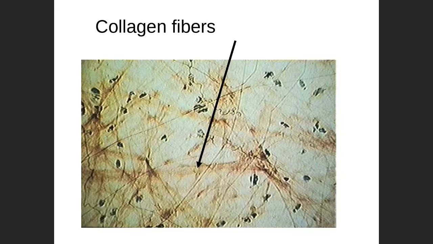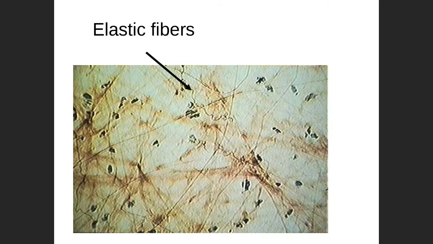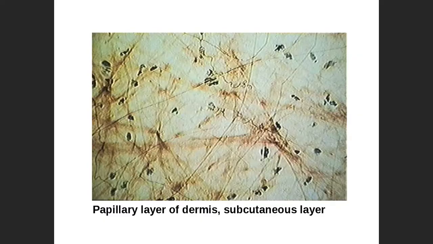On this next slide, you can see the arrow pointing to the collagen fiber, a much bigger protein fiber compared to this smaller one, the elastic fiber. Elastic fibers are stretchy, obviously, because they're elastic, and they can branch, and they're smaller than the collagen. Collagen does not branch. So we're going to find this type of connective tissue in the